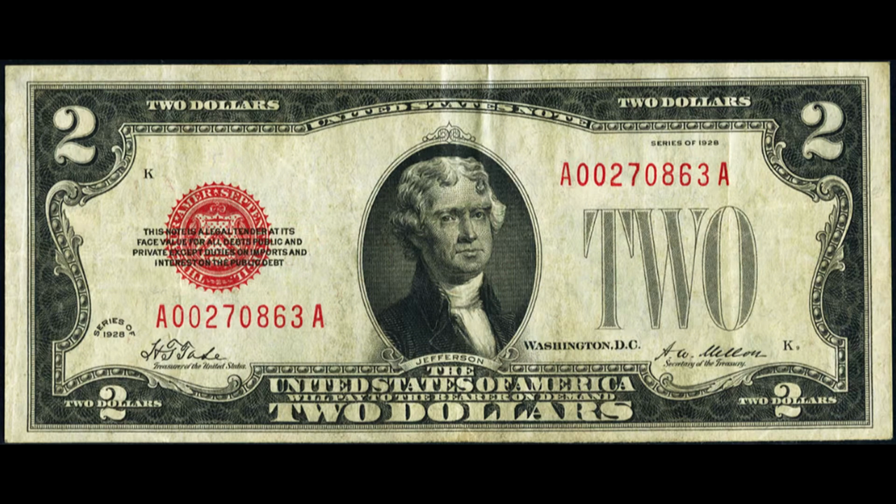All right, up first we have a $2 1928 red seal legal tender note in very fine condition, meaning that it has multiple folds, it's a little bit toned, a little bit dirty overall, and this bill is going to be worth about $25. Now, this 1928 comes in different series, and it also comes with a star sometimes